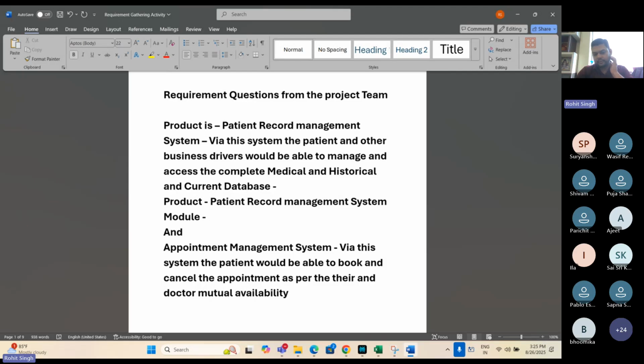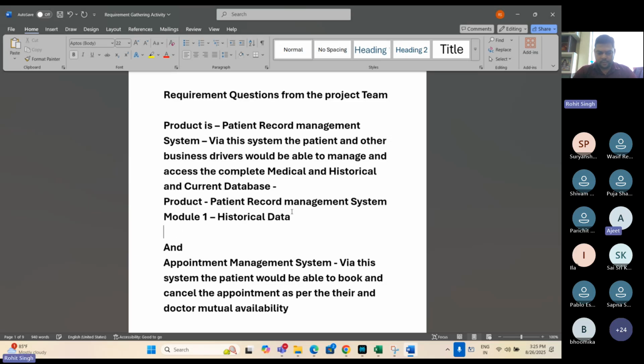Module 1 would be historical data. Module 2, current data.